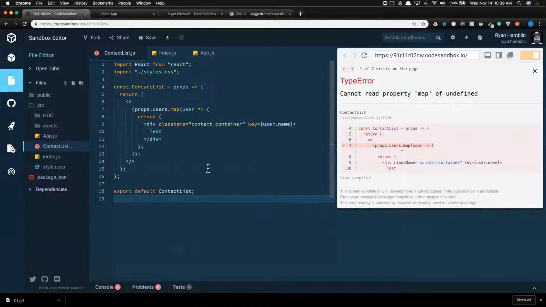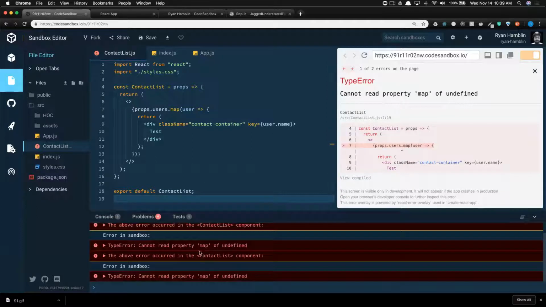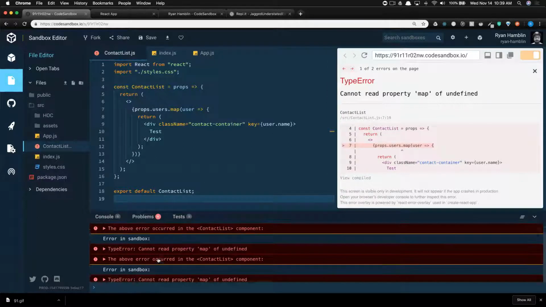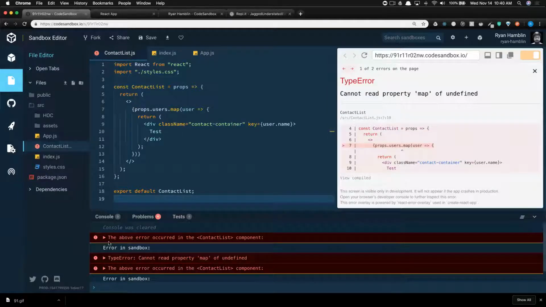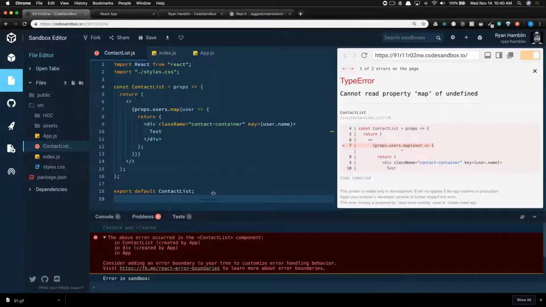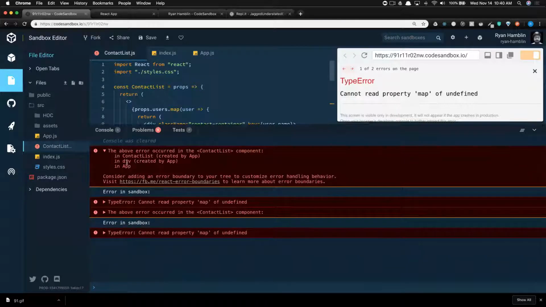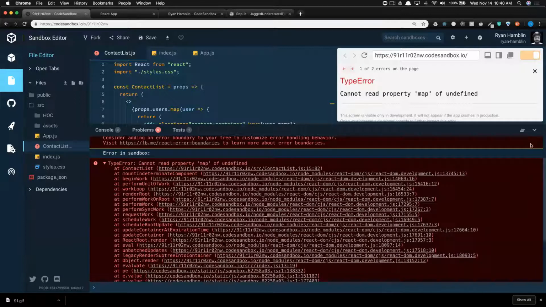Doesn't like what just happened. Let's go figure it out. Cannot read. Okay, okay. I like it. So this is fun because you can kind of see where the breakdown happened. App called this div contact list created by app. Okay. Cannot read property map of undefined, which means